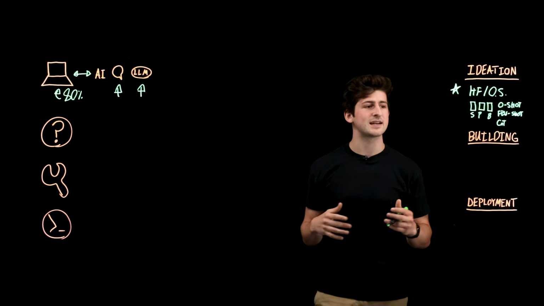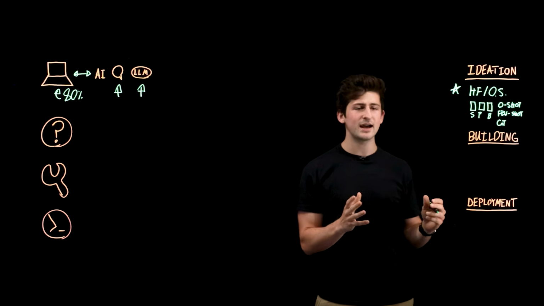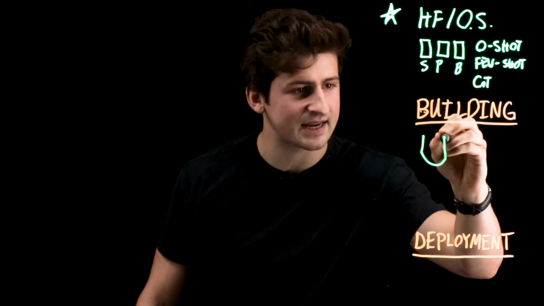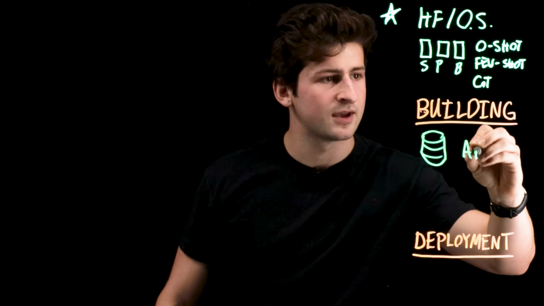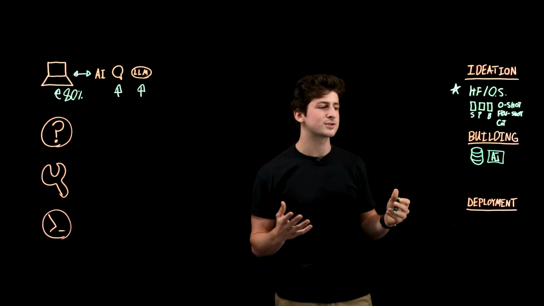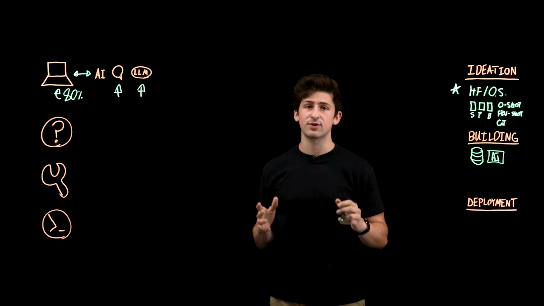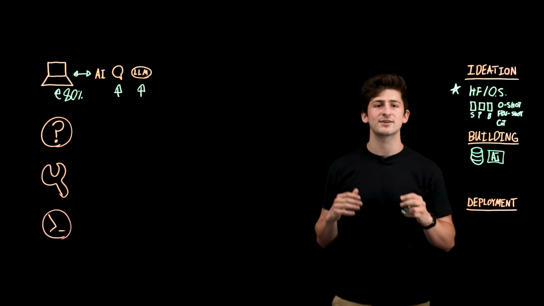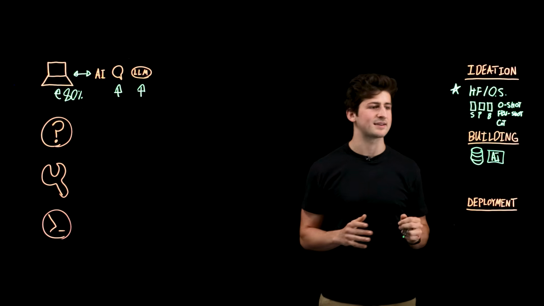Now that we've evaluated models for our use case, it's time to build our application. Just as we can locally run databases and different services on our machine, we can actually do the same with AI to serve it locally from our machine and be able to make requests to its API from localhost. Plus, you also get the added benefit of knowing that your data is secure and private on-premise. That's really important nowadays.